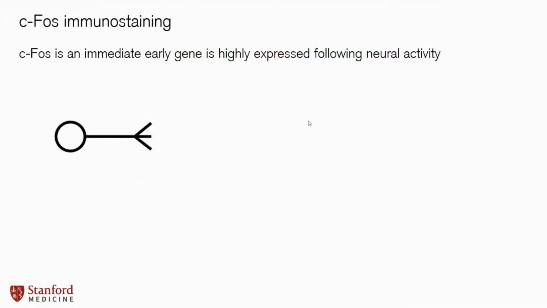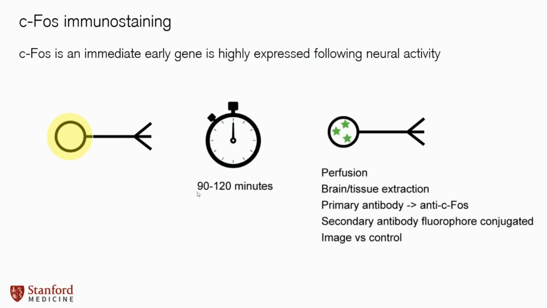I'm going to spend very little time on this because I don't love this technique. You can also do c-Fos in animal models, and you can't do that in humans because it requires you to kill the animal and pull the brain out. c-Fos is an immediate early gene that is expressed. So when a neuron is active, it starts to express this gene over a period of 90 to 120 minutes. And then you can pull the brain out and just use antibodies to look for it. I'm sure many of you are familiar with it.